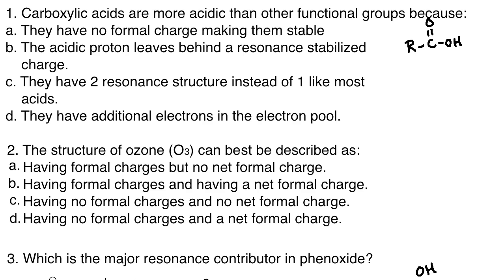All right, so hopefully everybody had a chance to work through these. So number 1, carboxylic acids are more acidic than other functional groups because, so you kind of have to understand how a carboxylic acid works as far as its acidity. This is the acidic proton right here, and so if that acidic proton were to leave, becoming H+, or be taken by something, you would end up with a structure that looks like this,